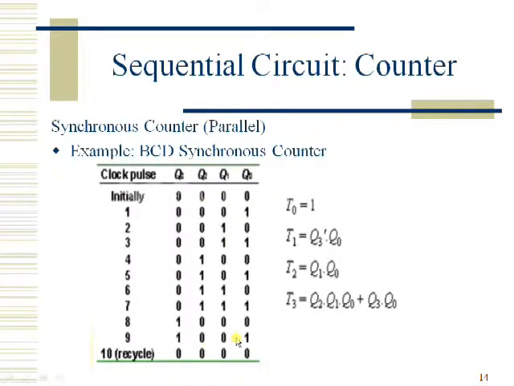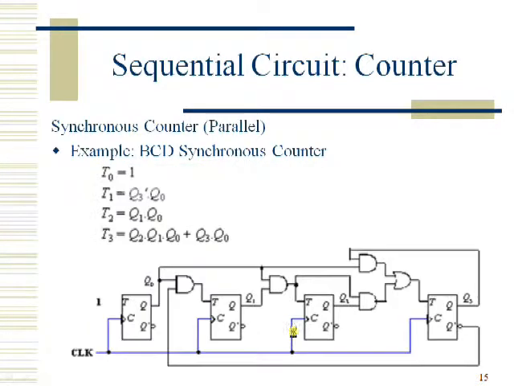As we know, BCD, binary coded decimal, is going to represent only up to 9 decimal numbers, or else up to the decimal number 9. After decimal number 9 it again starts from the initial state, that is zeros. So write the present state, next state as well as the TA inputs, then you will get these kinds of expressions. Now implement these Boolean expressions with the help of flip-flops and logic gates.